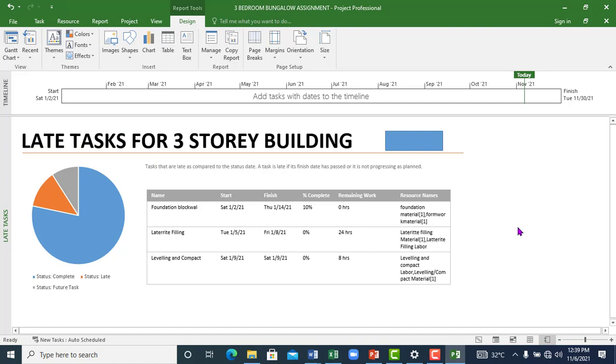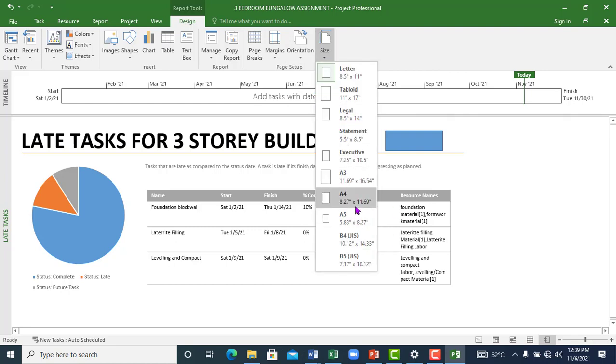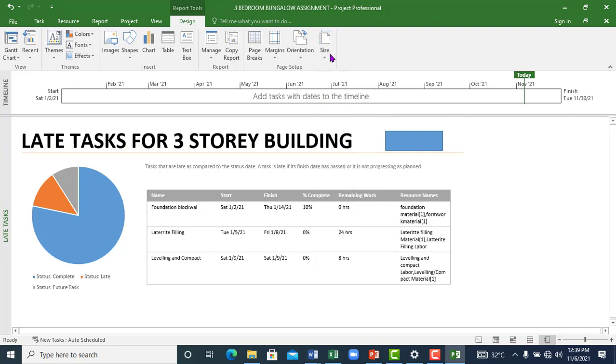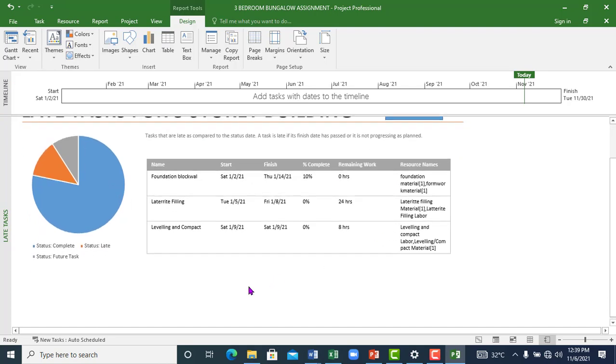All right. So now you can change your orientation. You can change it to landscape. You can change the size of the paper. You can select a bigger paper as you want. Let's say it's A4. Now the next thing we want to look at is how do we present this report